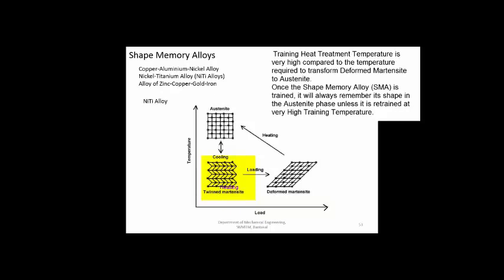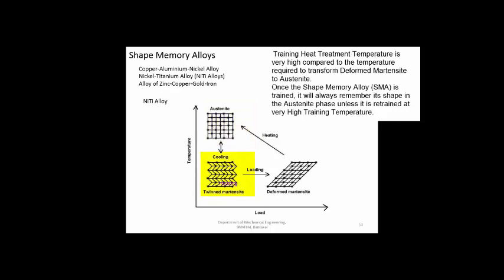When you give it a deformed shape, when you deform that particular component, the microstructure will change. We call it the deformed martensite. When you give it a small temperature, you need not increase the heat to a very high level. You give it a small activation energy, a very small temperature of the order of say 10 degrees. The microstructure is again going to change to austenite, and it will remember its original shape. And when it cools back down, again you will have the twinned martensite.